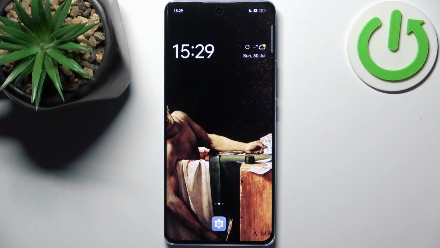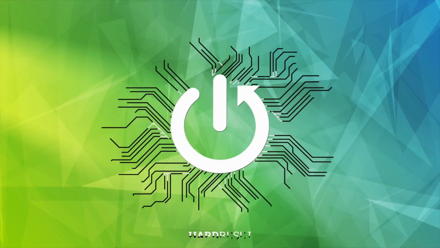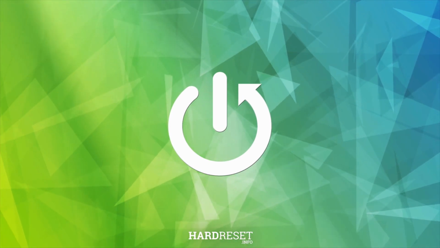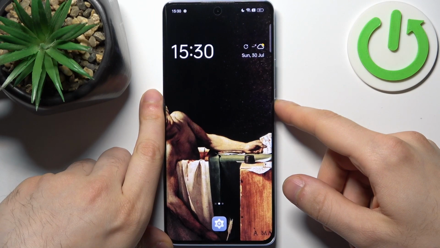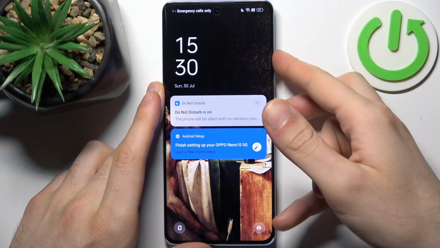Here I have OPPO K11 and today I'm going to show you how to enter recovery mode on this device. So to do this, firstly you have to turn your device off by holding down power key plus volume up,